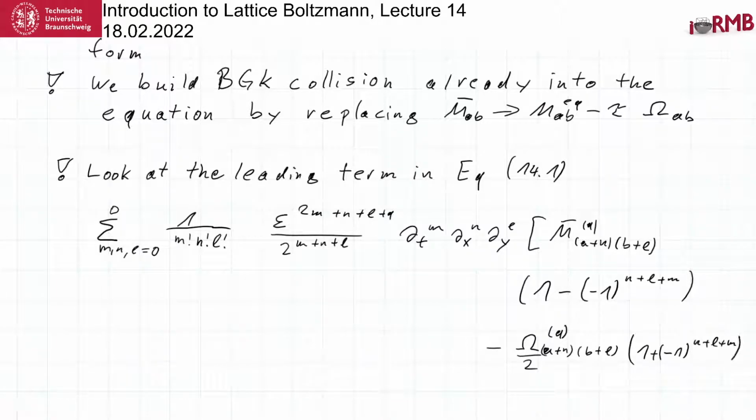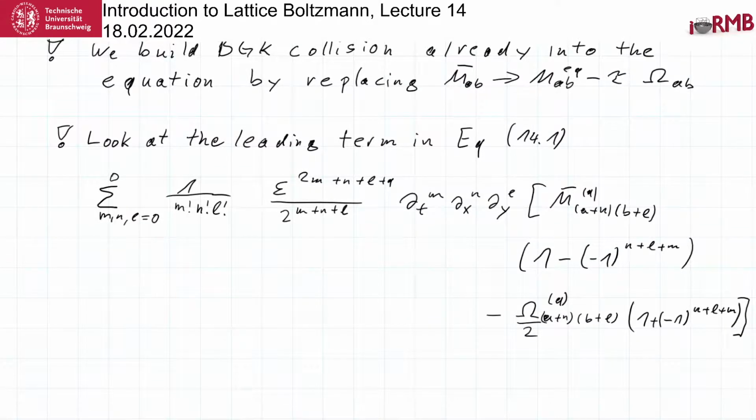So we are looking at the first term in this equation, and because the exponent is becoming 0, minus 1 to the power of 0 is 1, and so this will be 2, and what we end up with is that there's a minus in front of it. It's minus omega